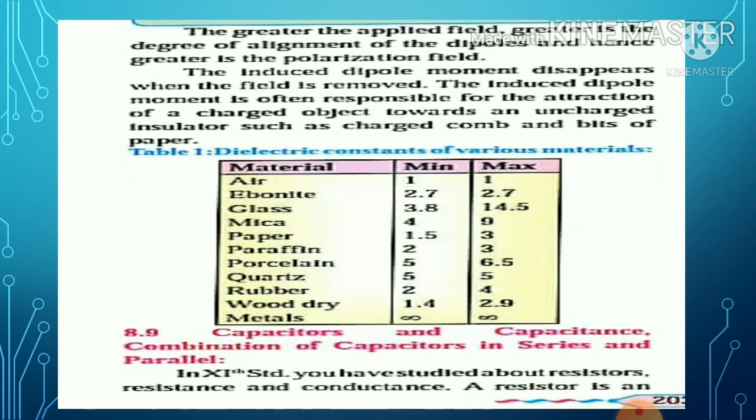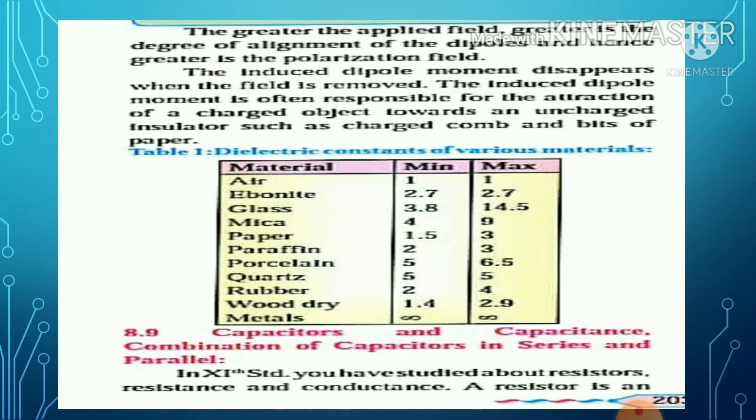So there must be a maximum value of polarization field in the dielectric slab or dielectric